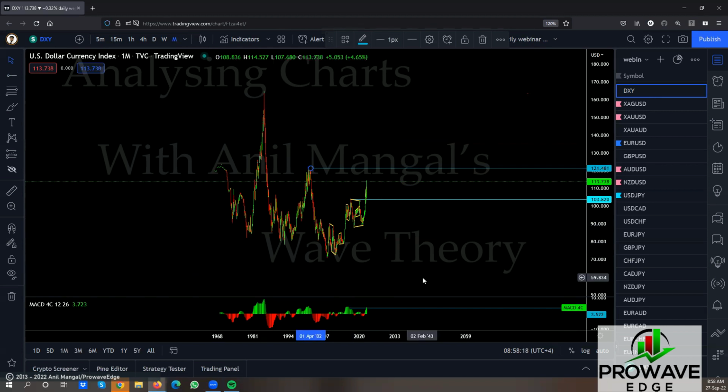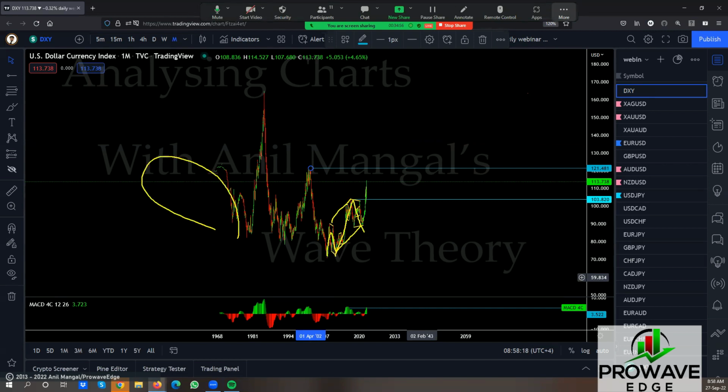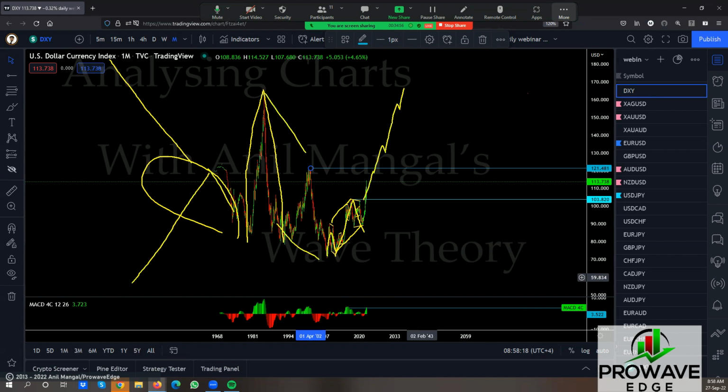Remember, we're looking at this mostly as a corrective structure right now. The reason for that is because we've got these deep corrections in here. But we don't know what happened here. If I knew what happened there, then I could give you a more accurate forecast. But what we have is a single impulse there and a single impulse coming here. So it depends on whether this came from the top or from the bottom. If it came from the bottom, this one could literally continue to go up. This could be all the correction.